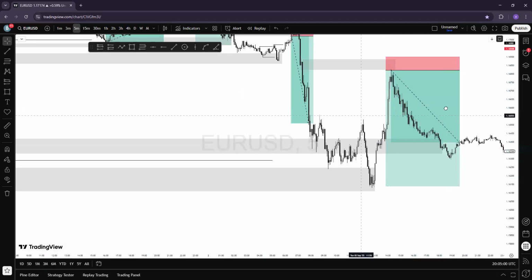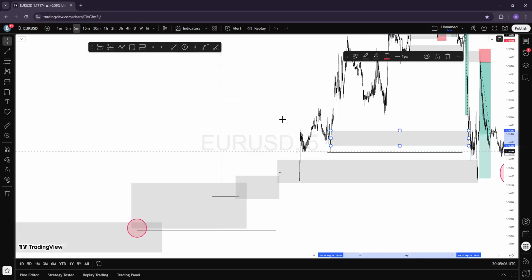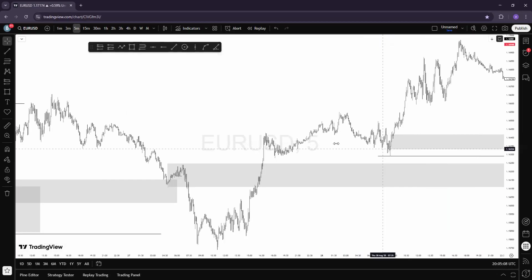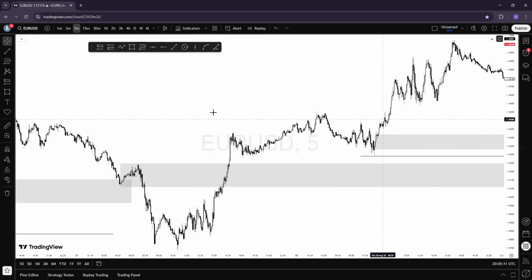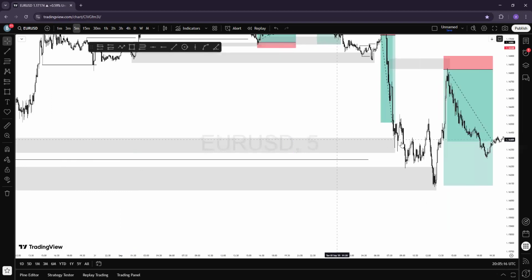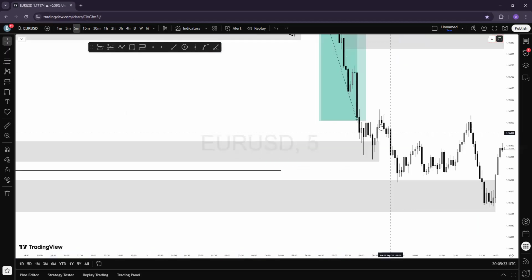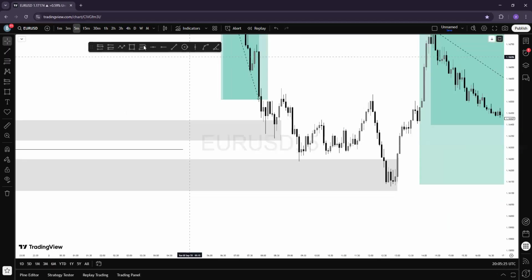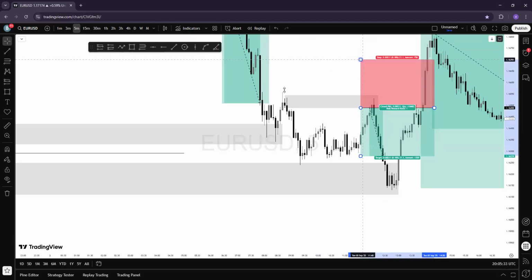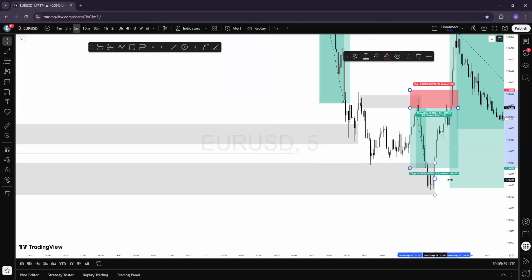But you remember I drew this out, that there is a demand level here that is supposed to buy the market. I made mention of this demand level in my last video. So you see what the market did? The market came here, reacted as if it wanted to buy, and then failed. That is why the market came back to use this to sell off. That's a violation block. That is why the market sold off from here. And then we all know the reason why these markets buy somewhere around here.